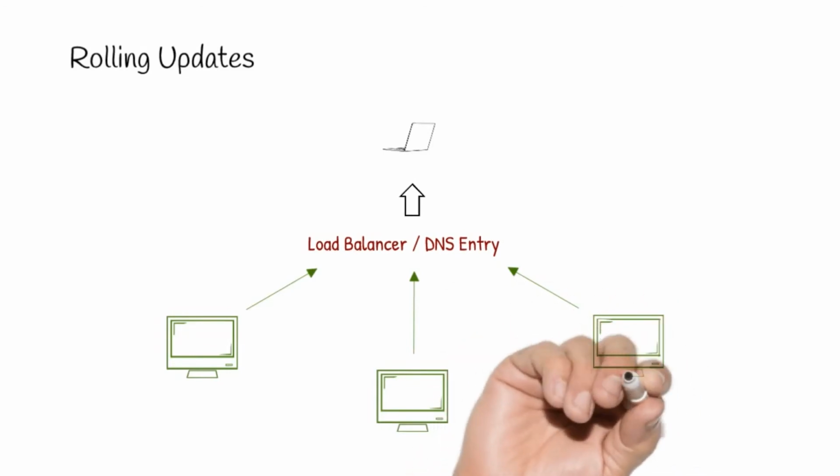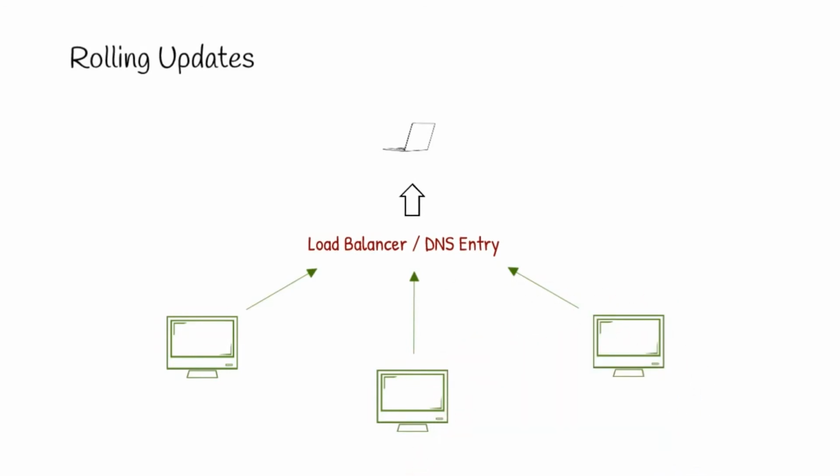There are certain challenges associated with rolling updates, like the application should be capable of working with multiple versions of the code during the deployment. There should be an automated testing mechanism in place to ensure success before moving to the next phase of deployment, and rollback capabilities. Now let's come to blue-green deployment.